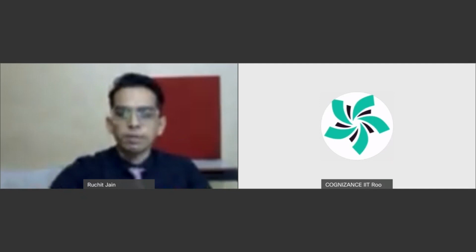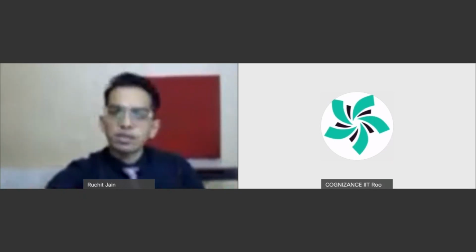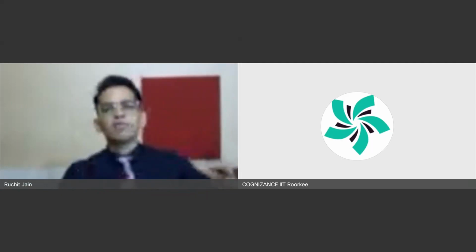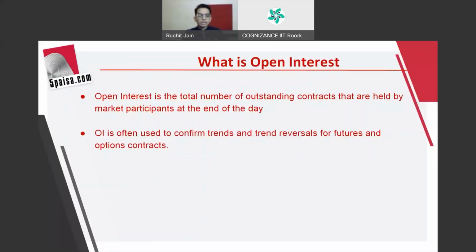So we are back to this PPT. Open interest I have explained. Now this is the options open interest which we saw. Every futures contract also has open interest, correct? In a derivatives contract, there will be one buyer and one seller of the futures contract. Someone has bought, someone has sold. So that will be one open interest, right? So every futures contract also has open interest.